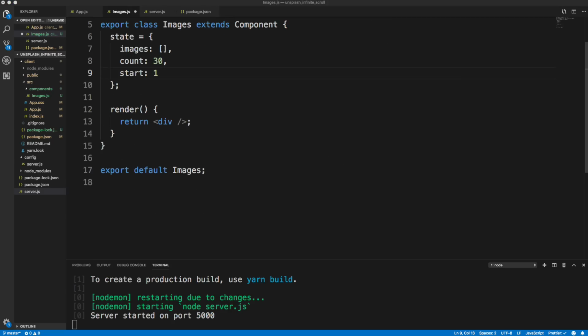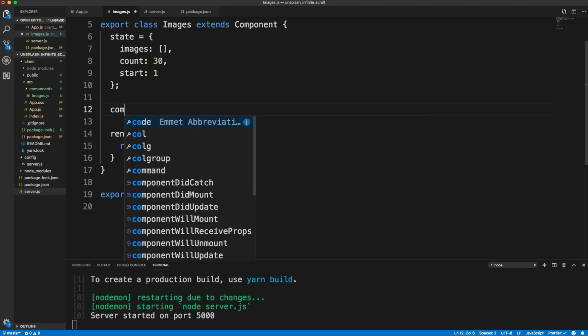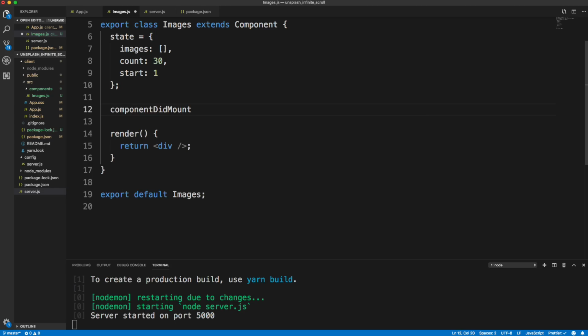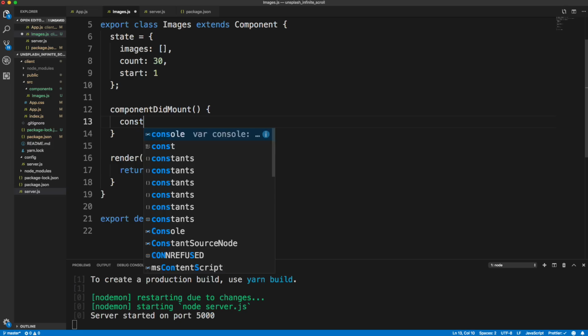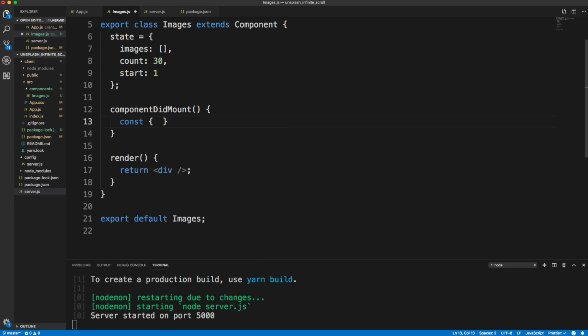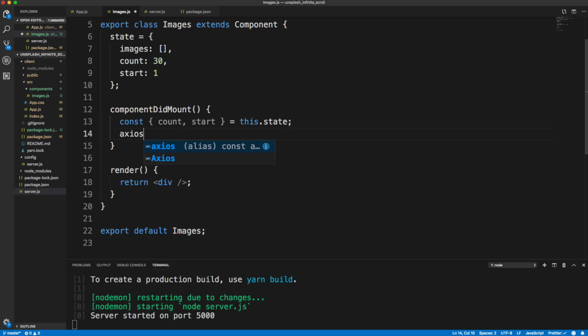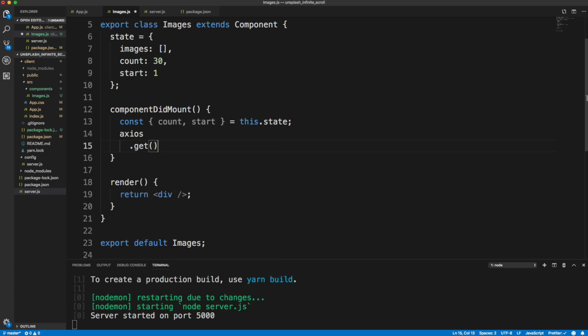So let's see, in componentDidMount is where we're going to make the initial request. So let's say componentDidMount, which is a lifecycle method. And I'm going to pull from the state. Let's pull the count and the start from this.state. And then let's take Axios and let's make a GET request to